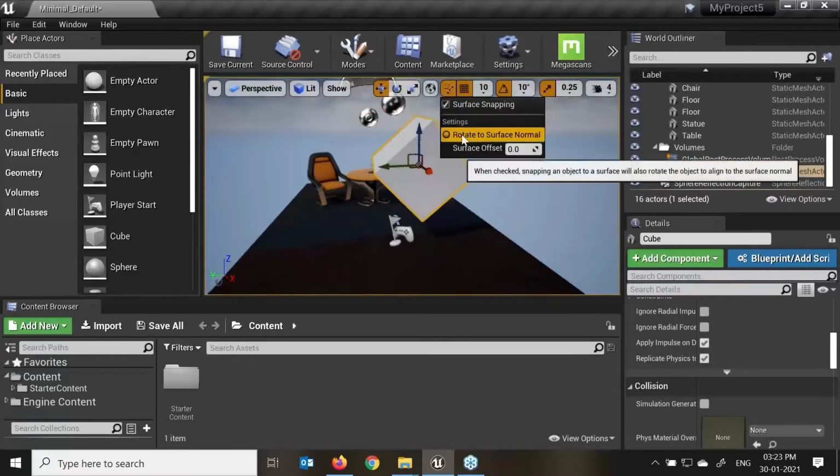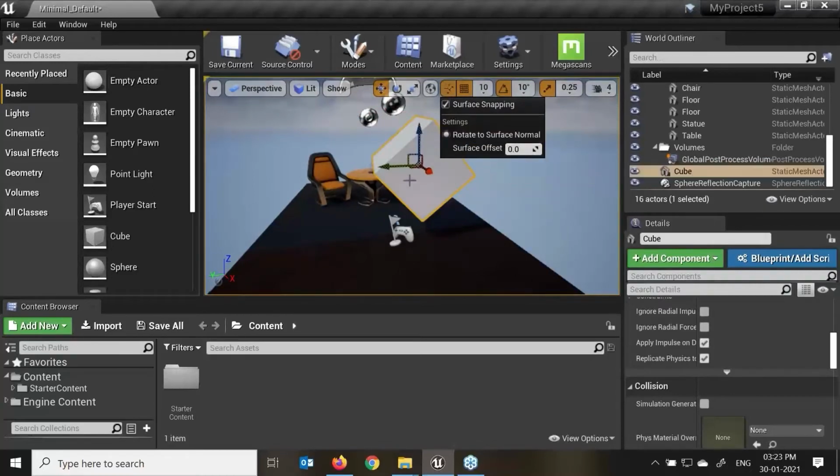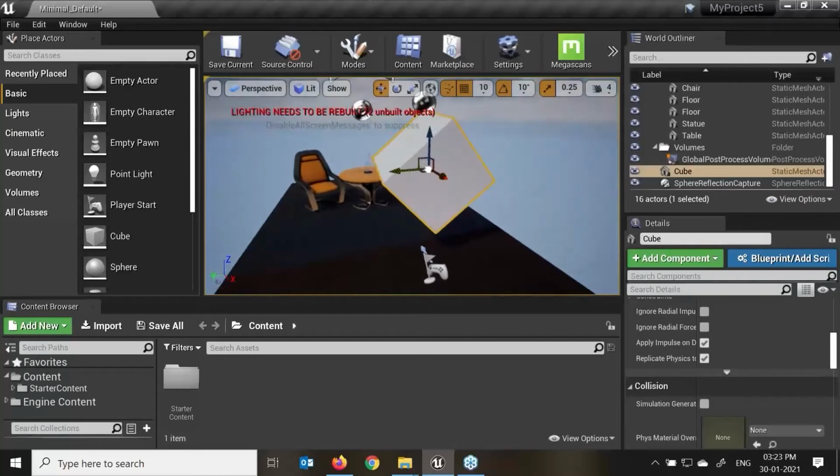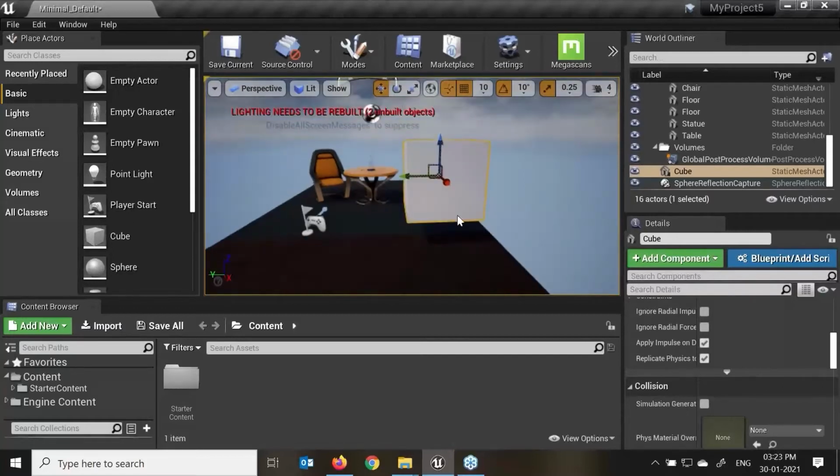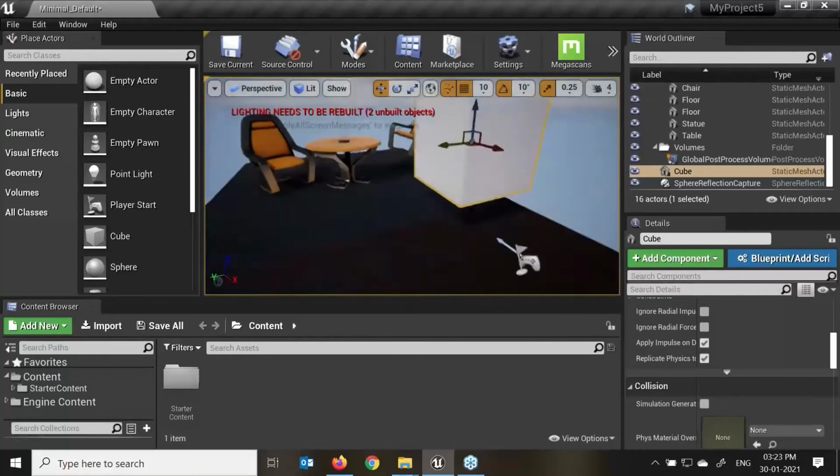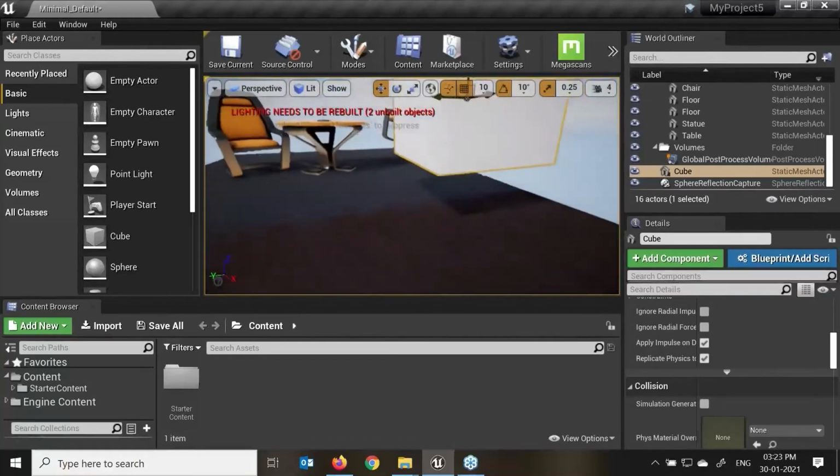Just click over here. We need to see that this option, rotate to the surface normal, is on. Now if I move that object here, you can see my rotation value has automatically become 0, or as per the object which I'm trying to snap on.